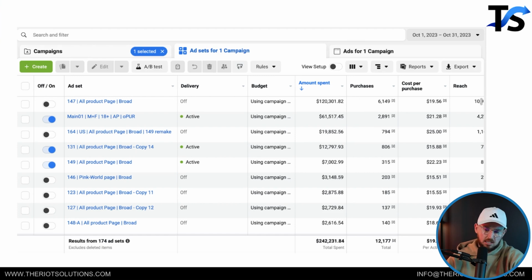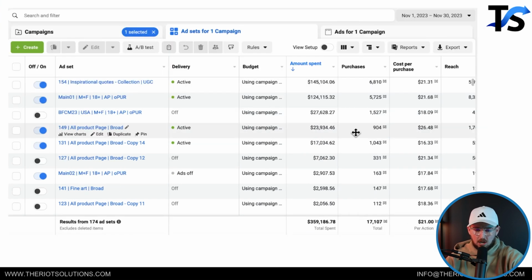CPA went up a little bit. That's okay because we're still getting April 1st. We spent $40,000 that month at a $20 CPA. Now we spent $242,000 at a $19 CPA. Then November comes around, Black Friday. Obviously, there's a little bit more leverage this month. We launched a new collection and actually crushed it. Did about